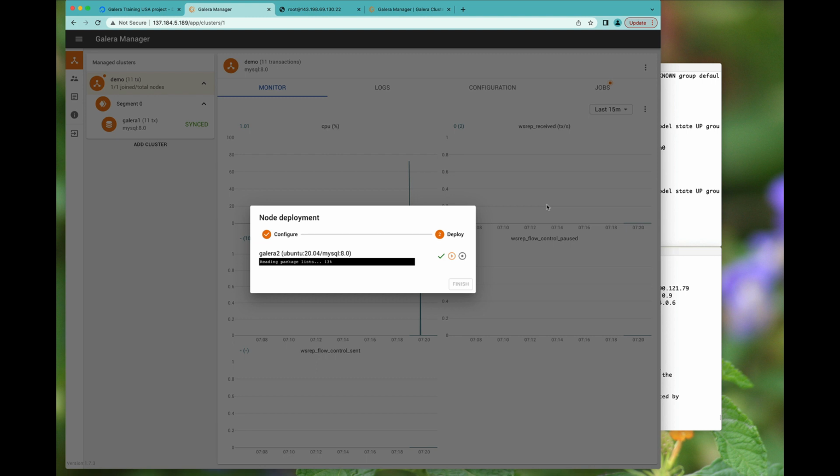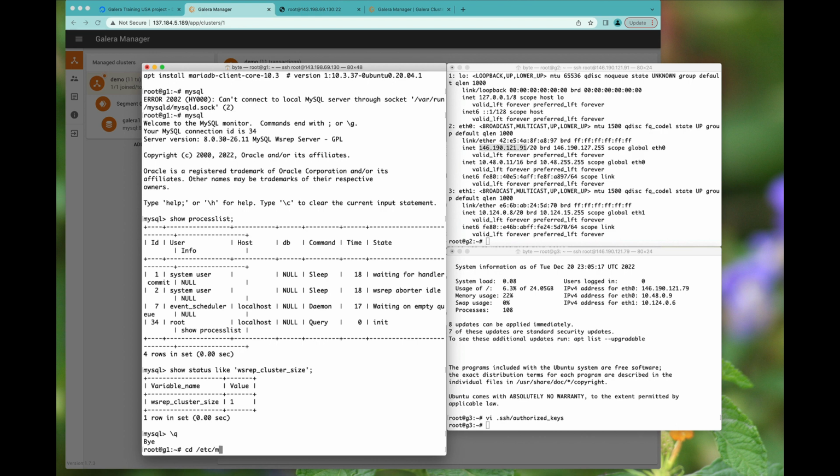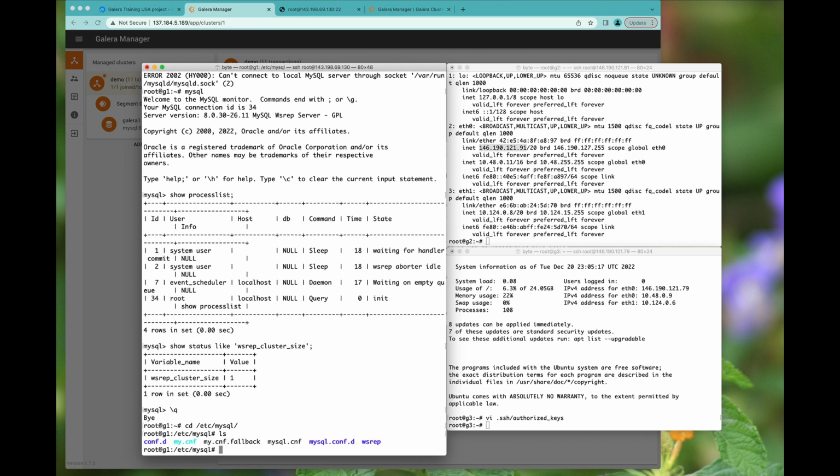So notice that it's also actually configuring IP tables, etc. for you. So this is naturally a smart solution. You don't have to do much of anything to configure your Galera. And if we go to etc MySQL, and if you take a look at the my.cnf,